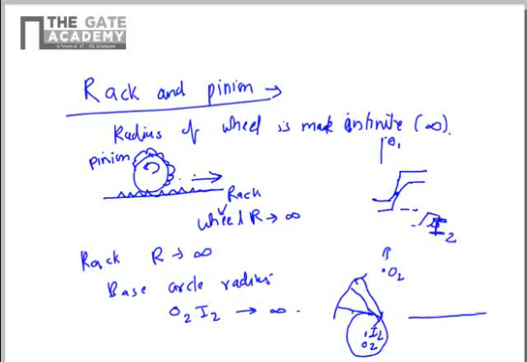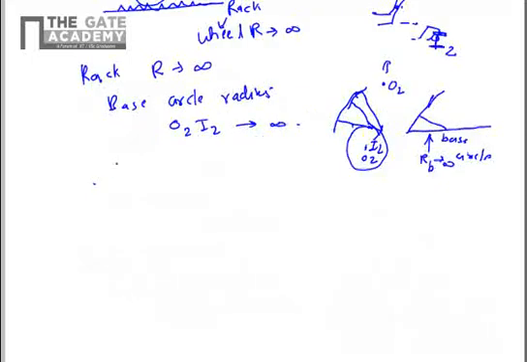Now since the base circle radius is equal to infinity, the profile drawn from the base circle will be a straight line. The curvature effect will not come. Since the curvature of the base is gone, the curvature of the gear profile will be gone. So the teeth of the rack do not look like a curved involute profile; the involute profile actually looks like straight teeth. And then you have the normal involute profile of the pinion.